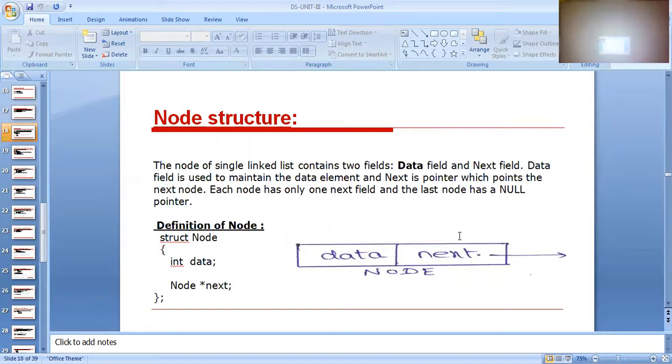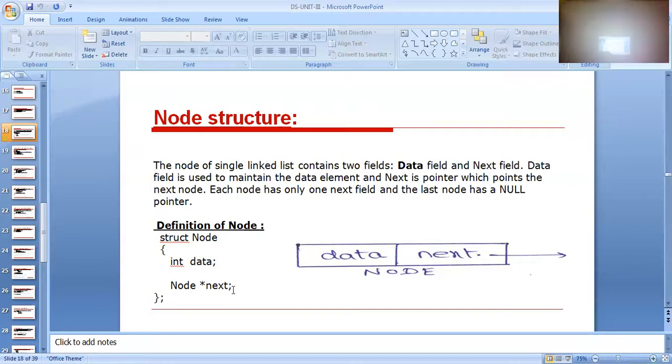So this is the node structure. We know very well. Here struct, integer data and node asterisk next. We are using node asterisk next. All of you listen. So, integer data. This is a structure. Struct is a user defined data type. Am I right or not? Node is the structure name. So these two are the members of the structure.